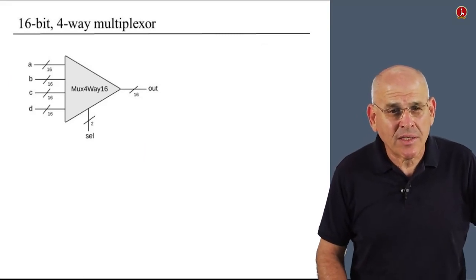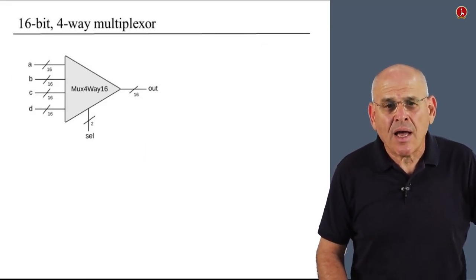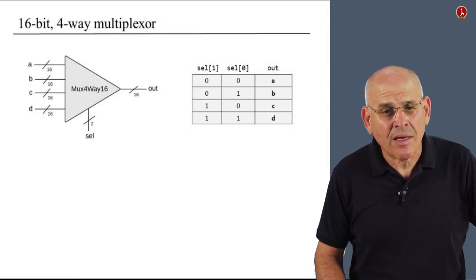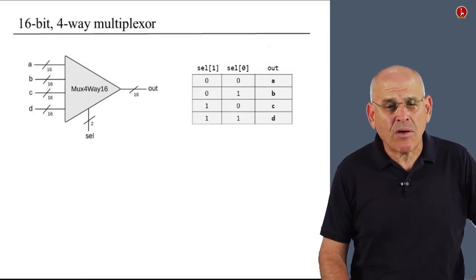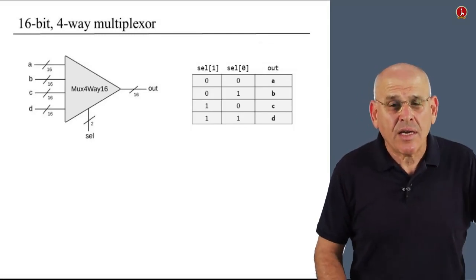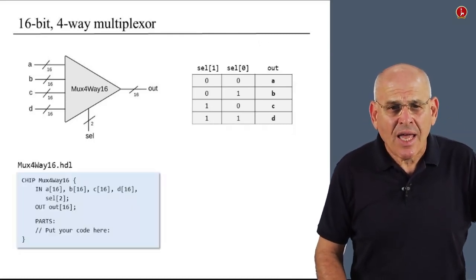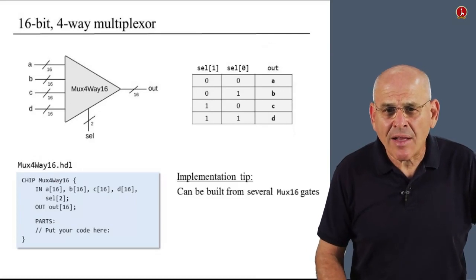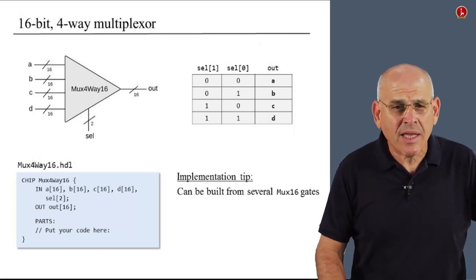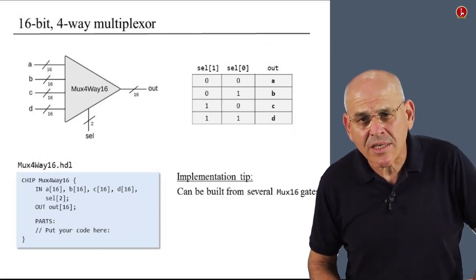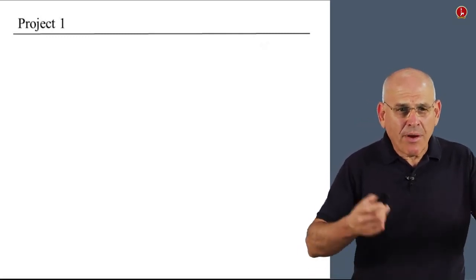Every one of them is a 16-bit bus. We have a 2-bit selection coming in, and that is because you need 2 bits in order to select 4 different possibilities. And we have the stub file, and we can build this thing using several MUX 16 gates, as well as perhaps some other